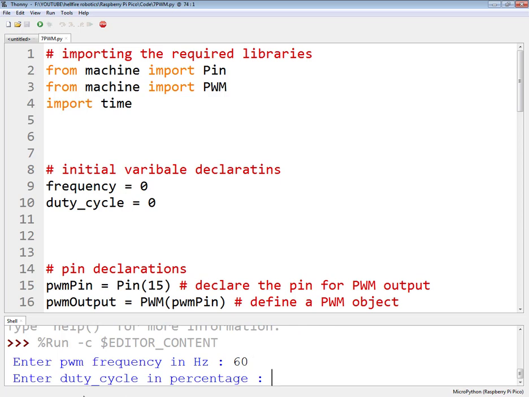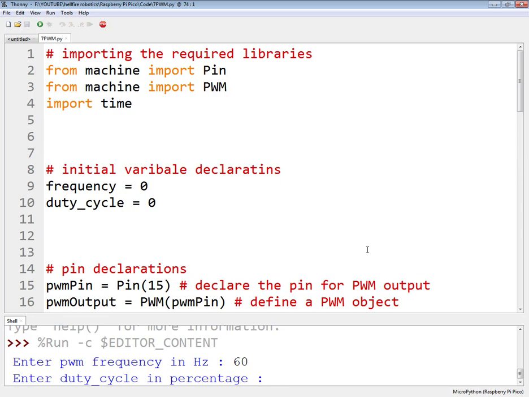Now it will ask me about the duty cycle in percentage. A duty cycle is the time duration for which the signal is active high as a percentage of the total time period of the signal. So suppose if I am giving a duty cycle of 100%, it means the signal is always on, and if I am giving a duty cycle of 0, it means that the signal is always off.